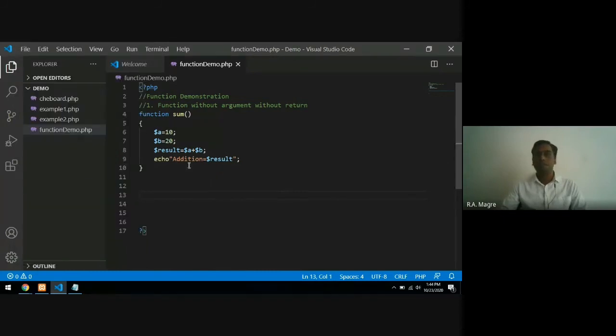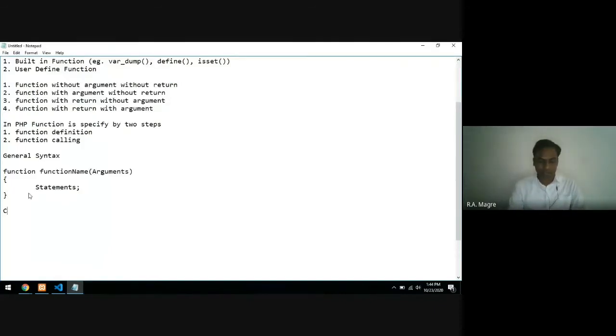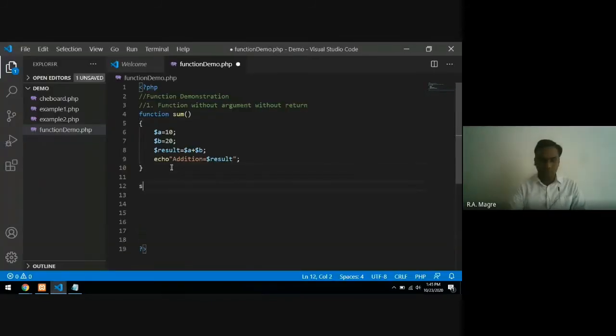So this is what function, and once the function is defined, you can call it. Calling statement is exactly similar like we have seen in other programming languages. So calling means you just have to write a function name, and after writing a function name, if there is a values or argument present inside function, you have to pass argument values. Okay, so this is calling statement of function. How can you call this particular function? You have to write only sum like this.